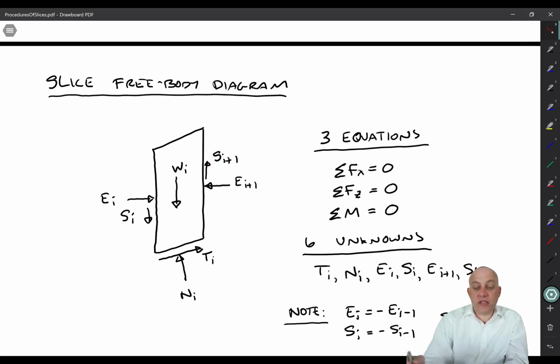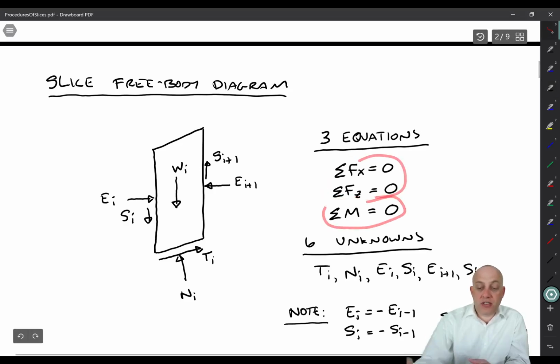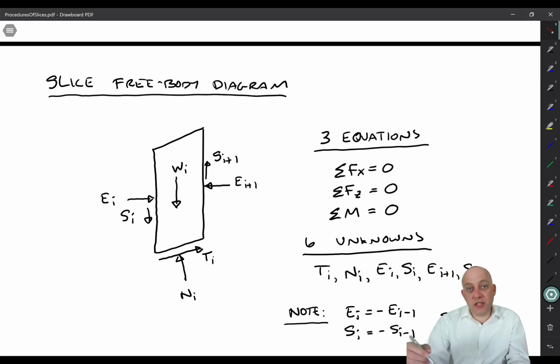So if we look at this slice, we have three equations, right? You can sum up moments, and sum up forces in the X direction and the Z direction, so two force equations and one moment equation. And you can sum moments about any point, right? If it's in equilibrium, it's in equilibrium about any point. Okay, but we have 6 unknowns for this particular slice: T, N, E_i, S_i, E_i plus 1, and